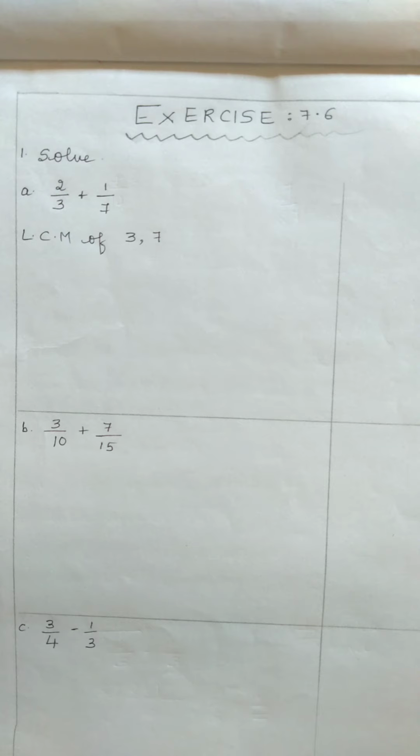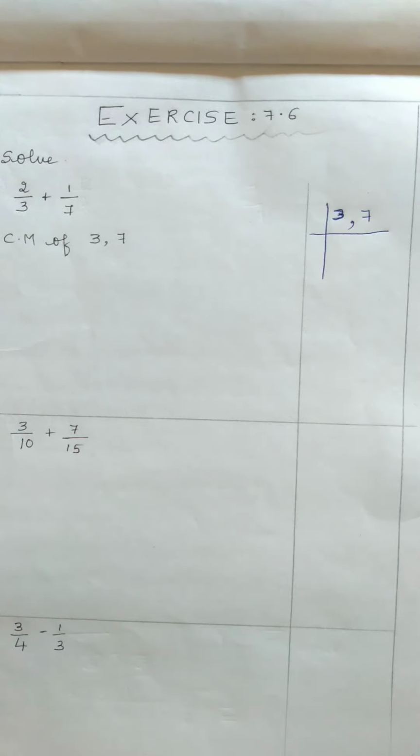Both the numerators and the denominators values are different, hence they are unlike fractions. Now, we had to add such unlike fractions. The method is find out the LCM, that is least common multiple of the two denominators 3 and 7. Here 3 and 7 both are prime numbers. We know that the prime numbers are those numbers which are divisible by 1 and the same number itself.